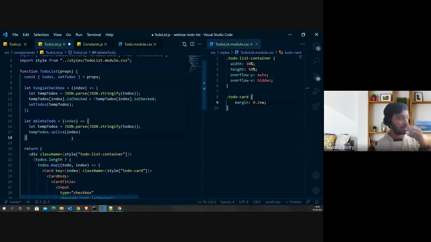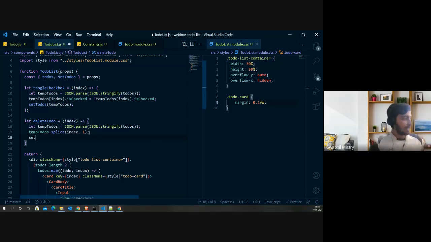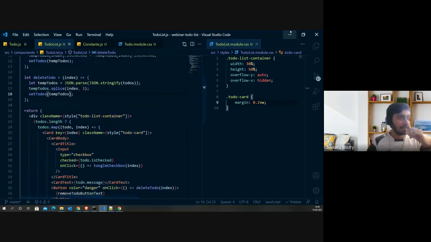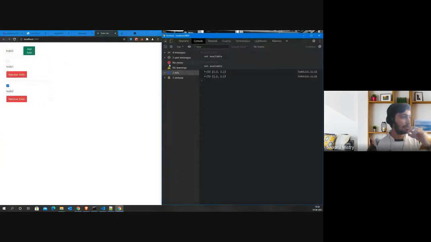You need to splice the items from that index, and you only want to delete one item. So this specifies the total number of items you want to delete from that index, and this index specifies from where you want to start deleting. So this is going to be there, and again we will be updating the state using set to do's. Okay, so if I save it, let's see if we are able to get the right results.